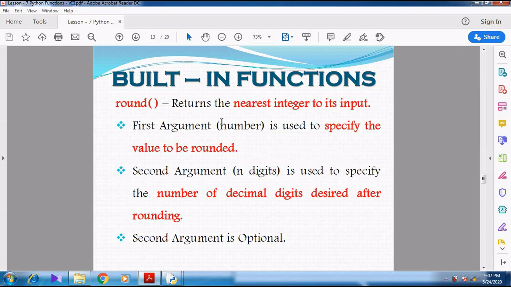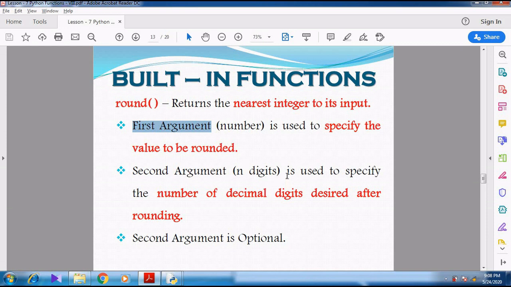The first argument, number, is used to specify the value to be rounded. Which value you want to round off, that particular value should be given in the first argument. Then what about the second argument?